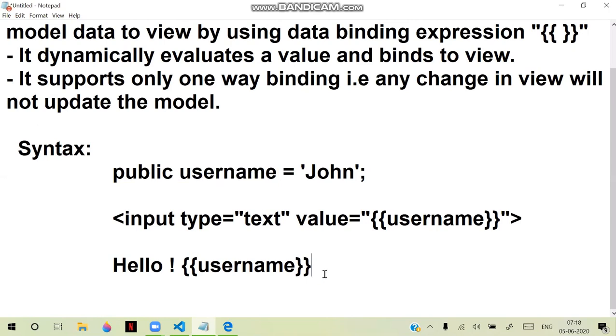Then what is the advantage of this data binding expression? It can evaluate a value and return the value. That means it can evaluate and return the value. So it can perform any particular operation. It can evaluate a value. That means it allows the expression to handle any expression. Let's see one example of how we can access and bind